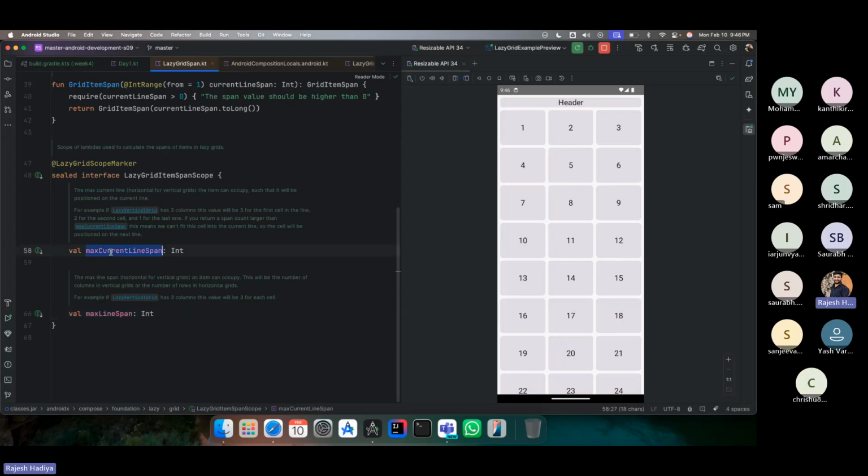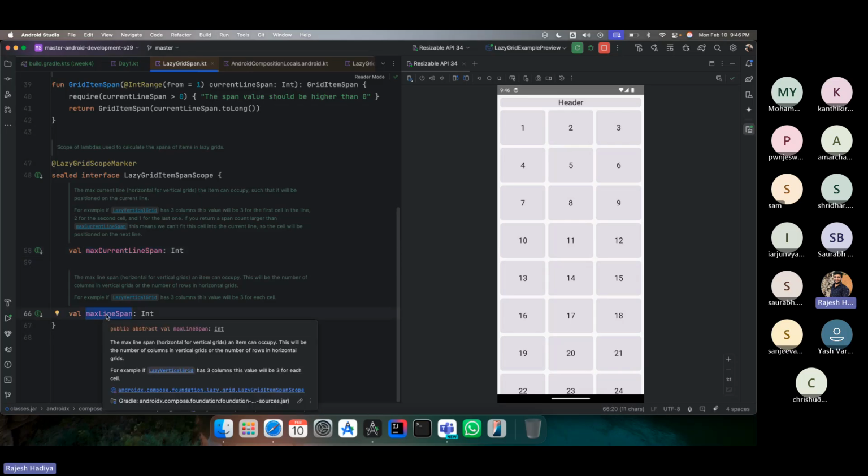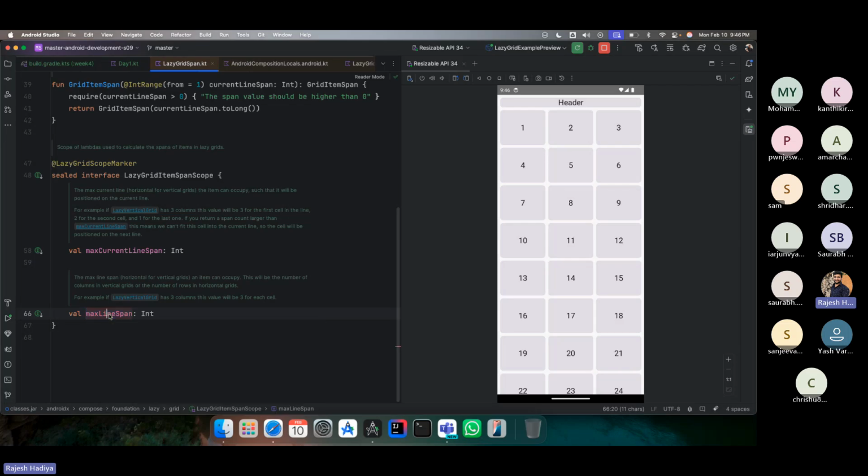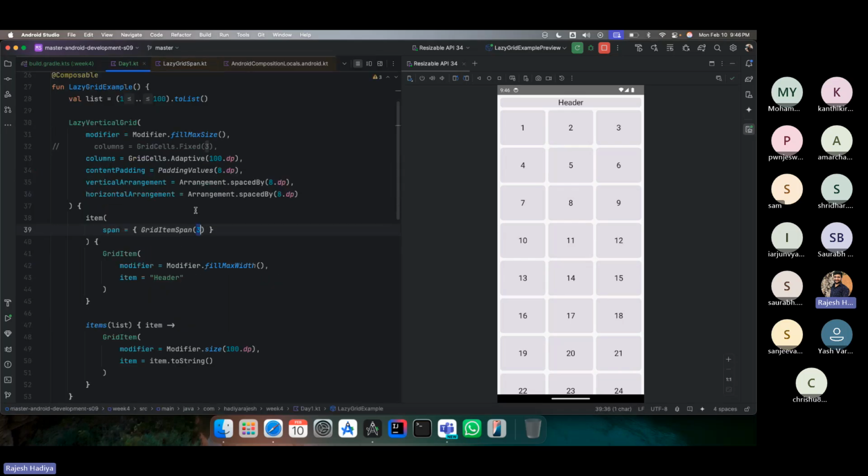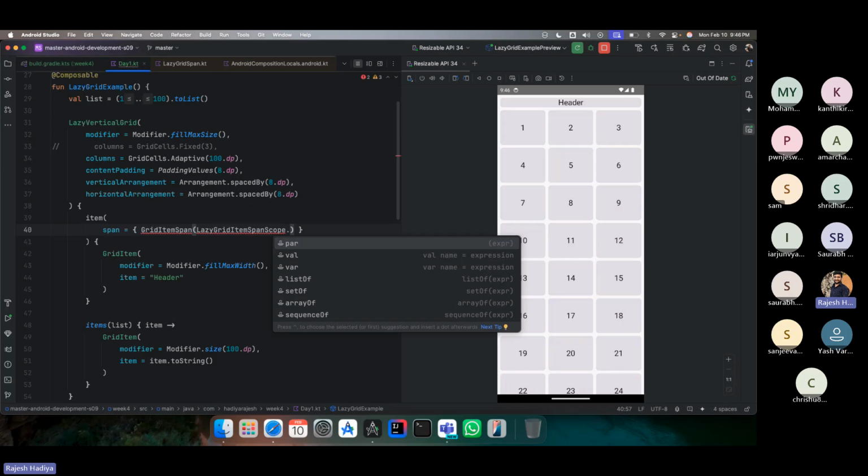Is this max current line span means for the current line, what is the maximum number of the items available will be given by this variable. And this max line span will be throughout the whole grid. What is the maximum number of the lines available will be given by this. So we want this. So instead of a 3, we will use this item scope dot